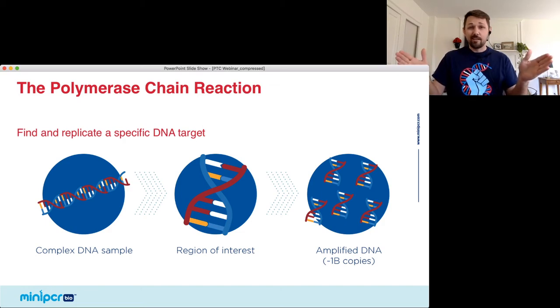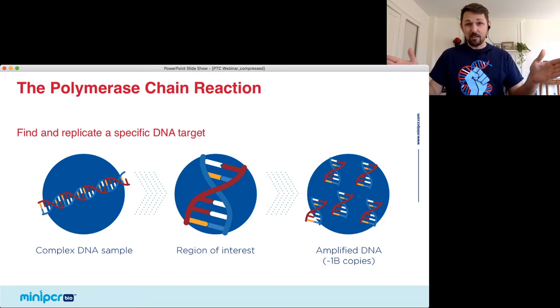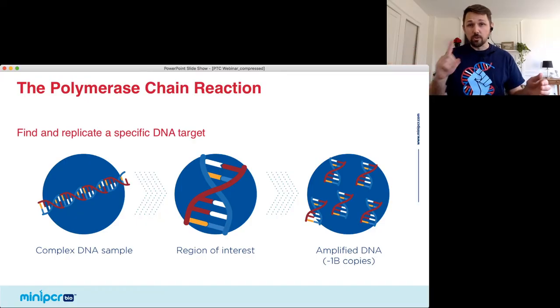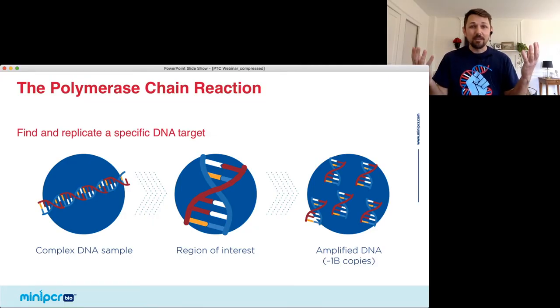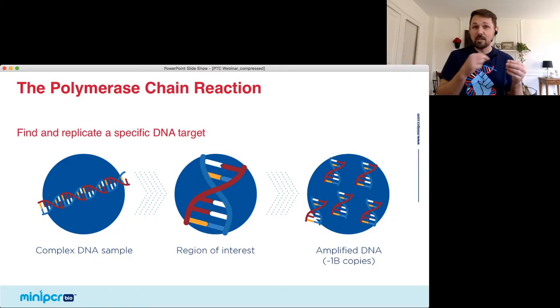PCR, as I said, that chromosome is 1,000 genes long. We're just looking for one. That's one chromosome out of all the chromosomes you have. And so we have this really complex DNA sample that when I just scrape my cheek, I put it in